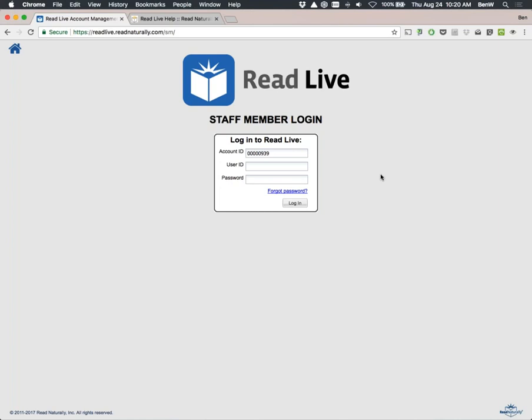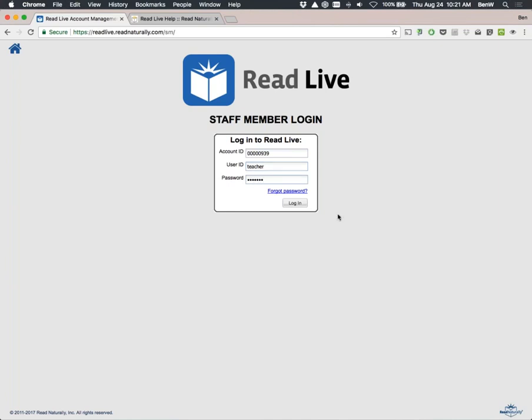We continue to send emails to you with your account ID. If you still don't know it, the next step might be to contact your account administrator. And if you still don't have it at that point, feel free to give us a call and we can help you find your account ID. In addition to that, you'll need to have your user ID and password. Your account administrator would have set you up in the program with a unique user ID and your password, and you'll use that to log in initially.